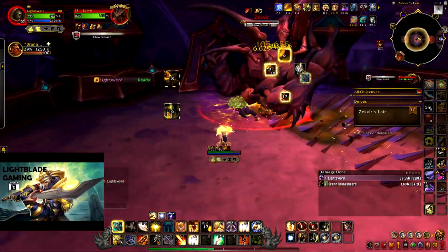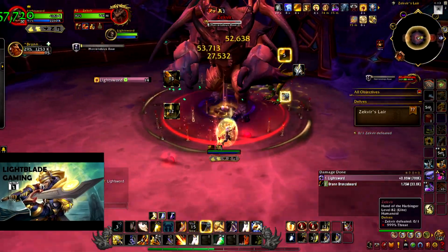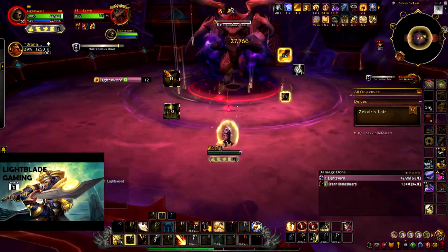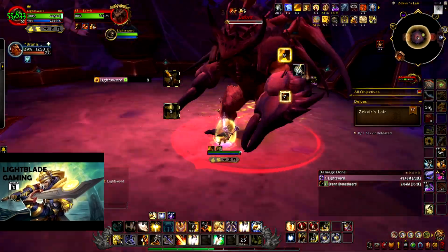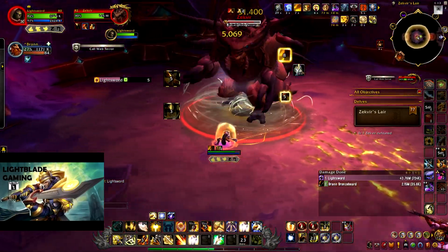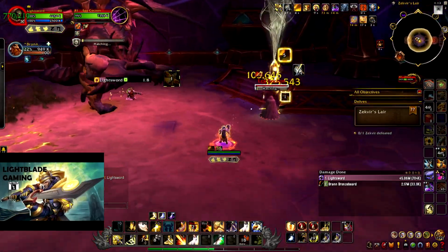You know, we're going to slowly cook him down. Okay, the other mechanics that are important is this one, regenerating carapace. That's a very strong heal that ZEKVIR does on himself. In phase 1 before 60%, it's a 10% heal, and whenever he's under 60%, it's a 25% heal that he